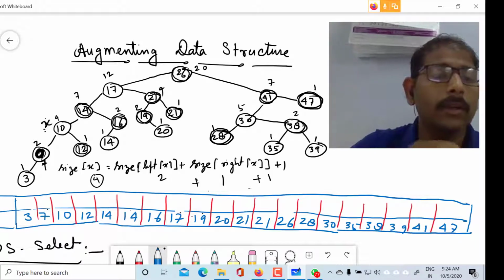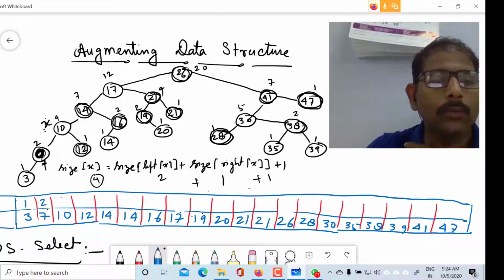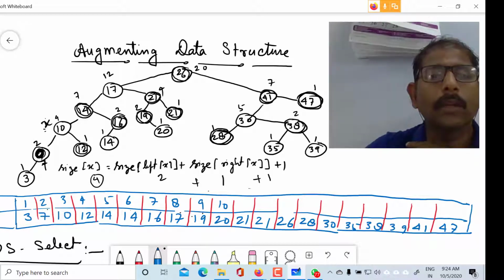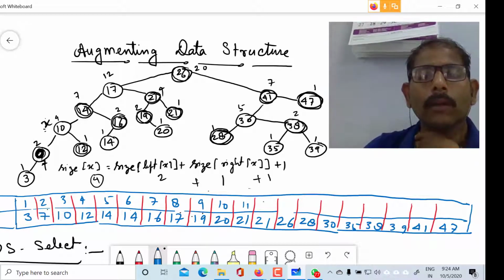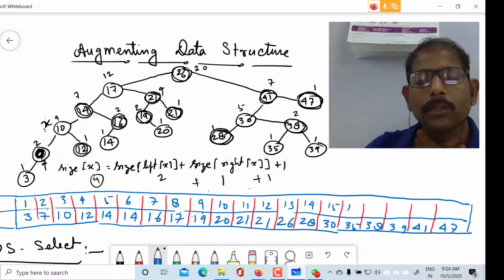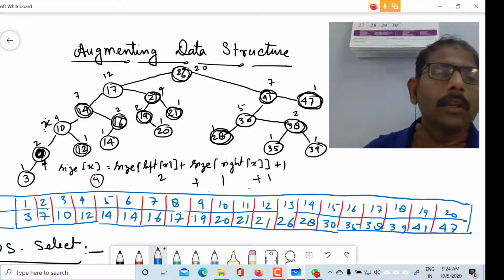For the position of the elements, I am simply writing the numbers 1, 2, 3, 4, 5, 6, 7, 8, 9, 10, 11, 12, 13, 14, 15, 16, 17, 18, 19 and 20.